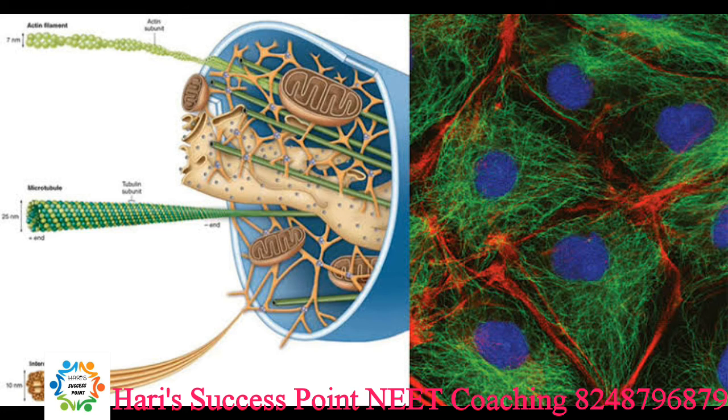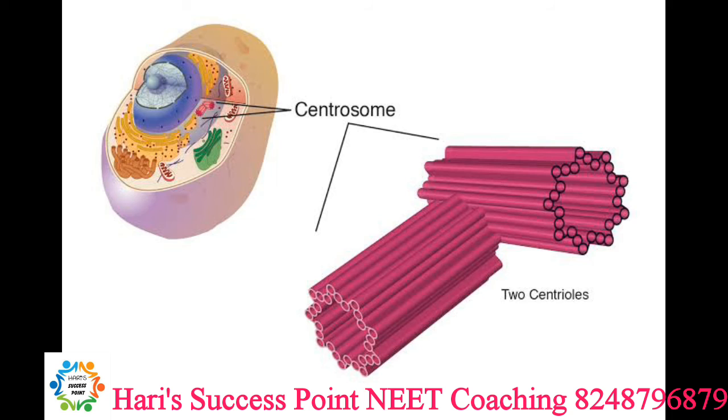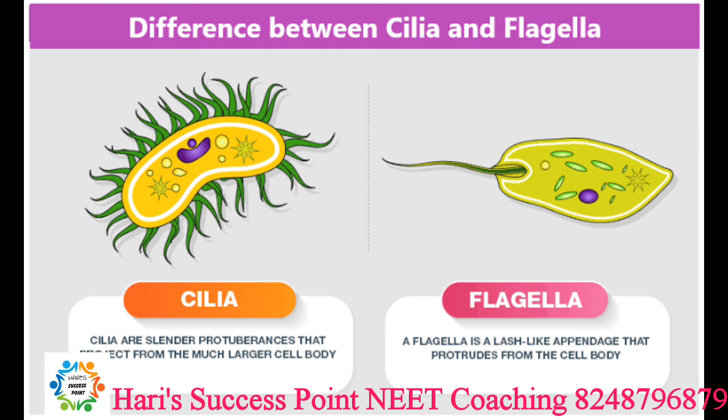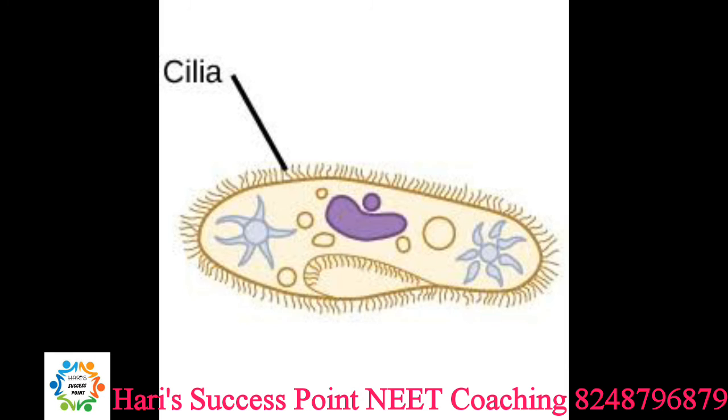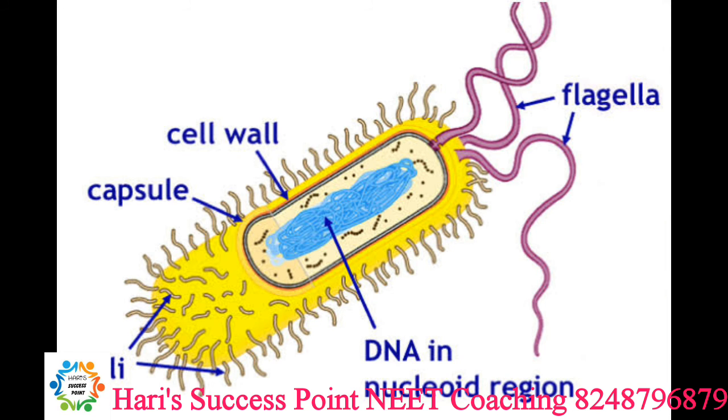Then another component is the cilia and flagella. Cilia and flagella are small cytoplasmic structures seen on the free margins of some cells. They are extensions of the cell surface and are formed of plasma membrane. They are hair-like outgrowths. Cilia work like oars, causing the movement of the cell or the surrounding medium, while flagella are longer than cilia and are responsible for cell movement.